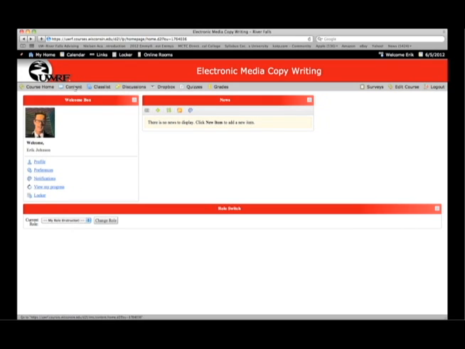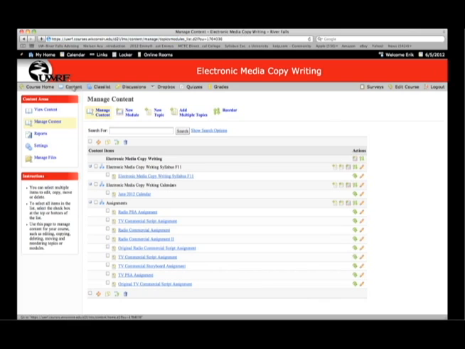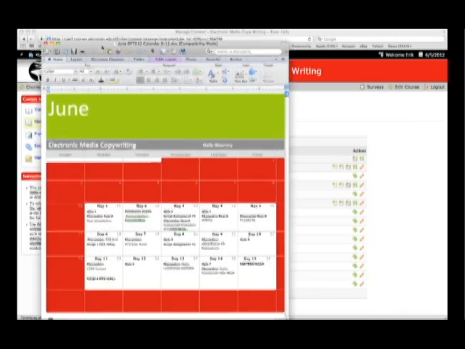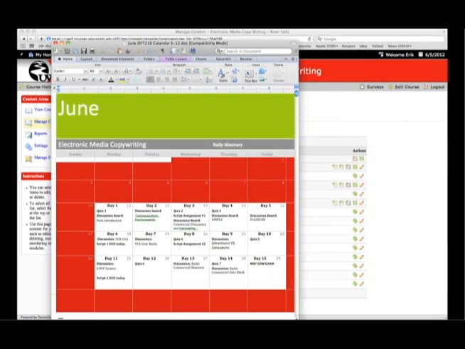So from there, we can click on to content, and under content is where all of the assignments and the syllabus is found. And in addition to that, there's one really useful tool that you should go ahead and download, and that is the calendar. I happen to have the calendar already downloaded, and that's something that will give you a day-by-day breakdown of the assignments and the itinerary so that we can keep moving forward in a timely manner, because the time does fly and we need to cover a lot in a little amount of time.